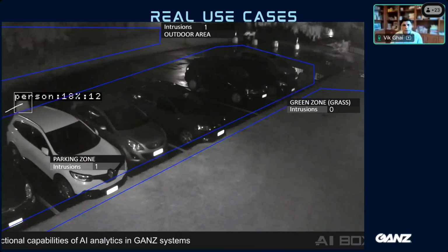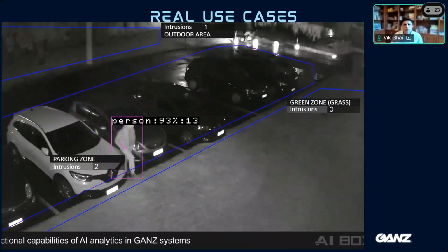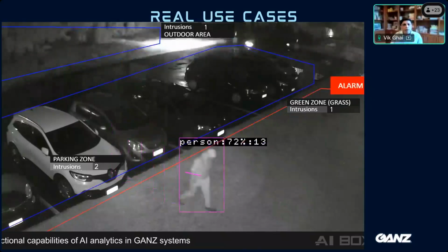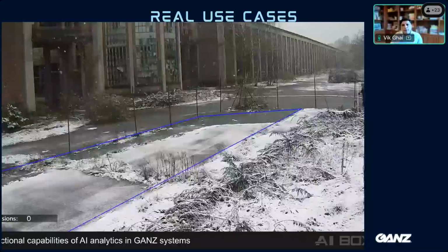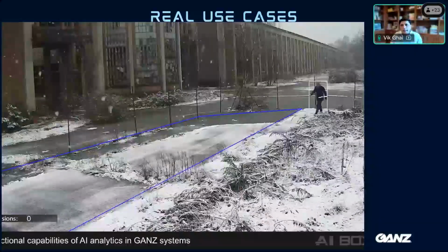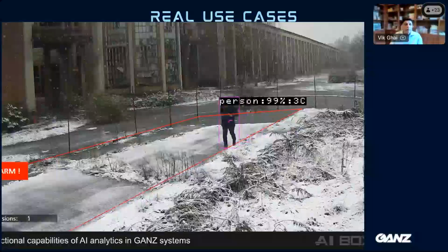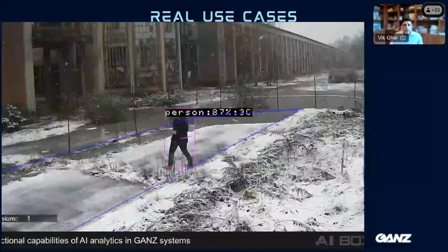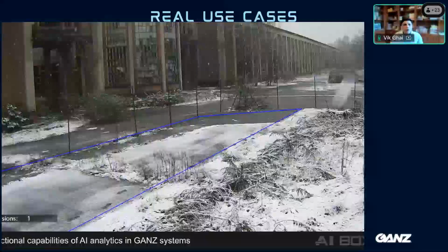Next, you see another person approaching the same restricted area, but at night. The system again triggers the alarm only when required. An older CCTV system might have triggered 10 false alarms there, but the AI box correctly identifies the alarm only when needed and helps resolve it. As these videos show, there's continuous monitoring of the system.